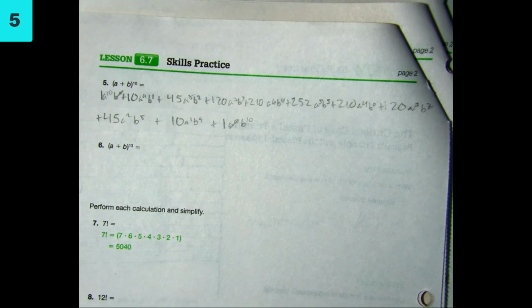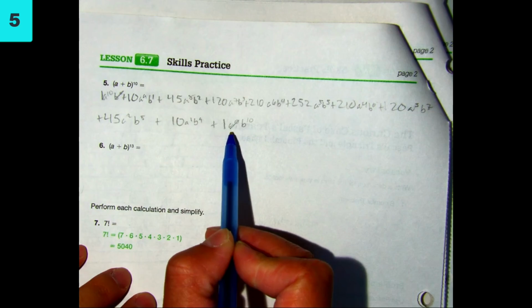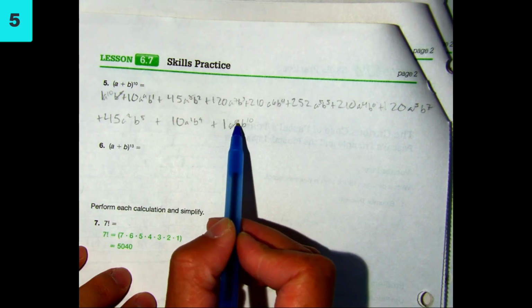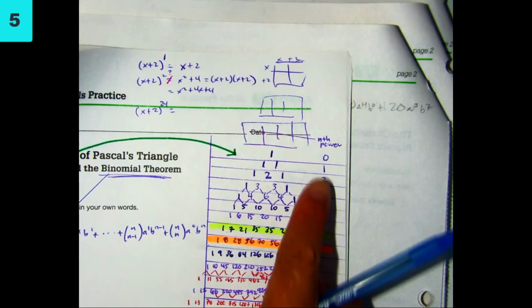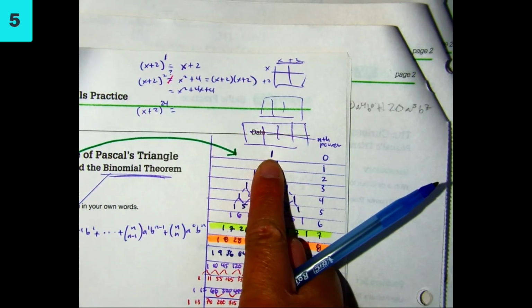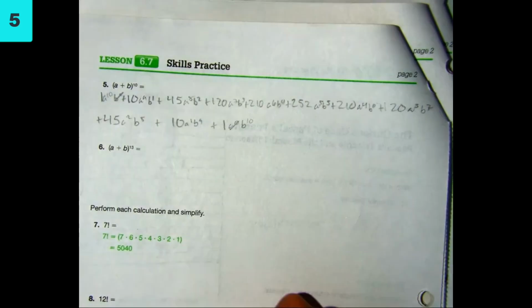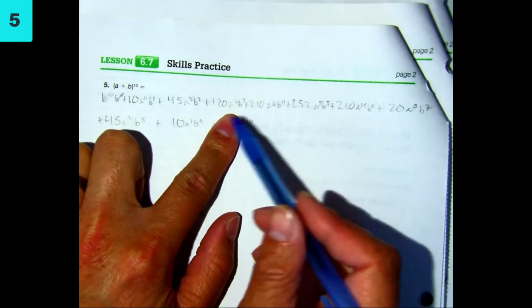Now, I think the student was just running out of time, but did you guys see what they did? They're canceling a to the 0 power, because a to the 0 power is 1. Anything to the 0 power is equal to 1. And do you have to write the 1 here? No. So in the last term, in your final answer, if you just had b to the 10th, that would